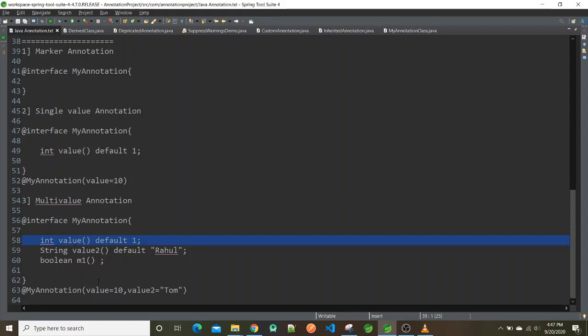For value I have given 10, for value2 I have given the string Tom, and for m1 I can give true. You can use this annotation above the class or the method.